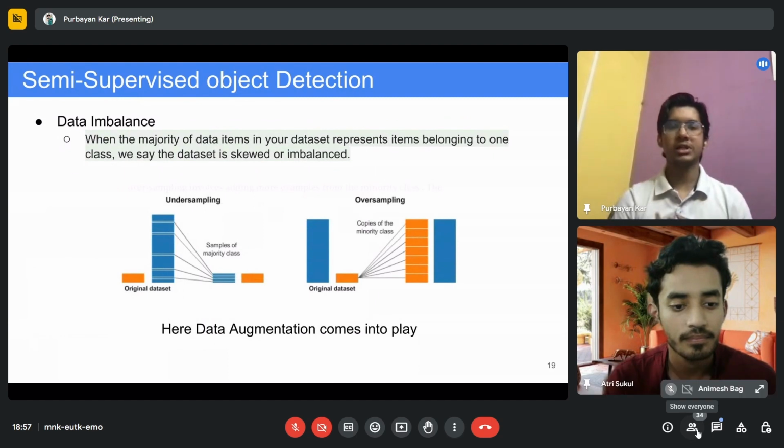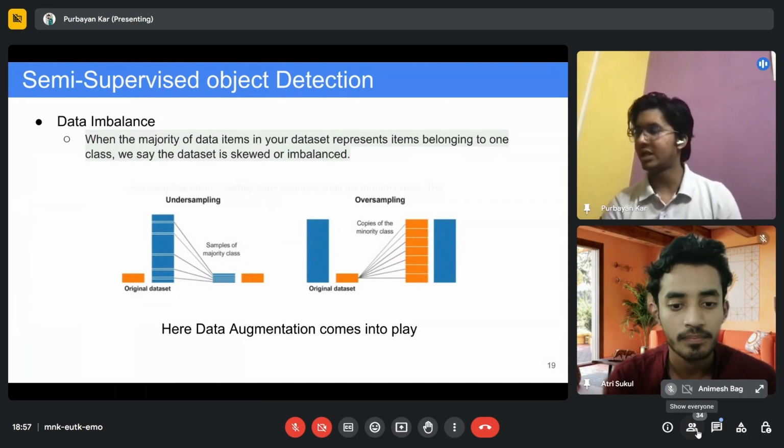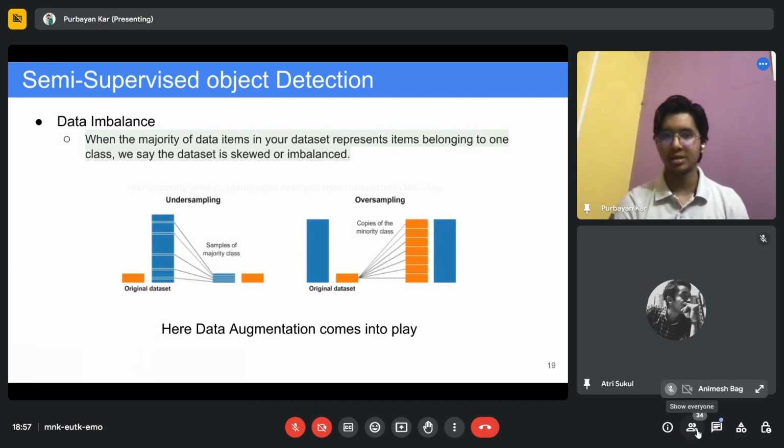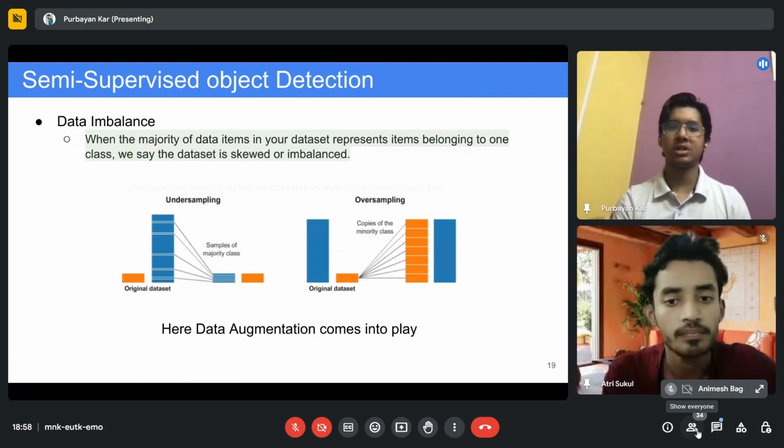So now I will talk a little bit about data. Someone asked, what will we do when we have a very small amount of data? A very important thing to keep in mind when training deep learning or machine learning models is the data. Your data has to be balanced. If your data is not balanced, your model prediction will be skewed or biased.